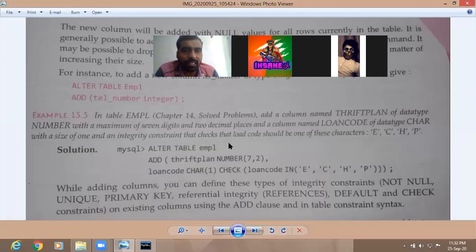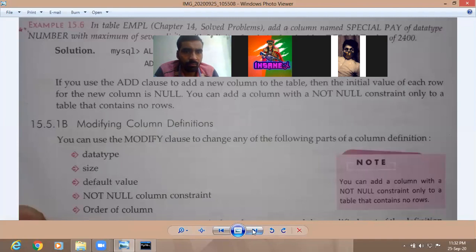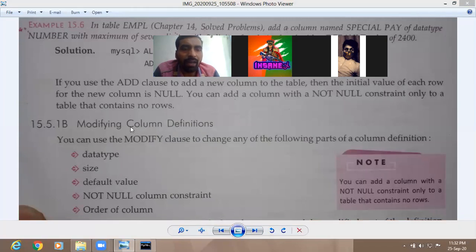Now kindly see the screen. See the next alter table command, that is modifying the column definition. Adding a column is finished.